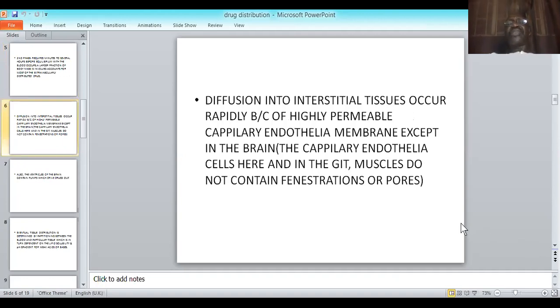Diffusion into the interstitial tissues occurs rapidly because of the highly permeable capillary endothelial membrane. Now, the interstitial tissues receive drug just by diffusion, because they follow the law of mass action mainly,